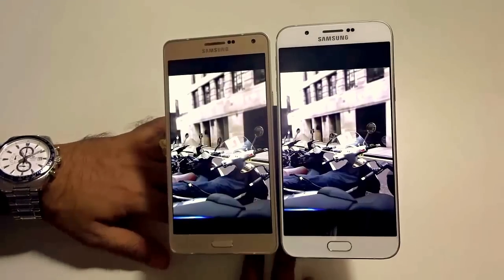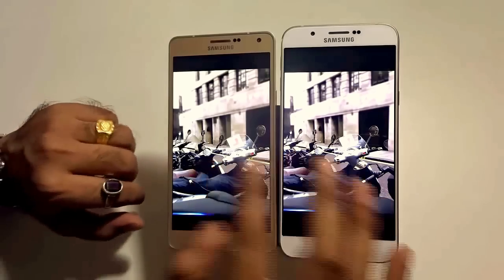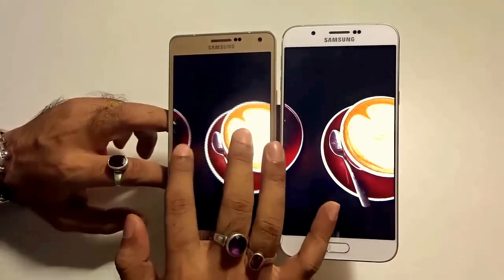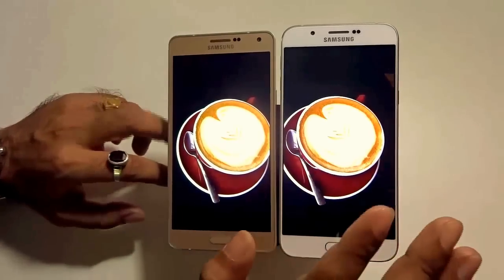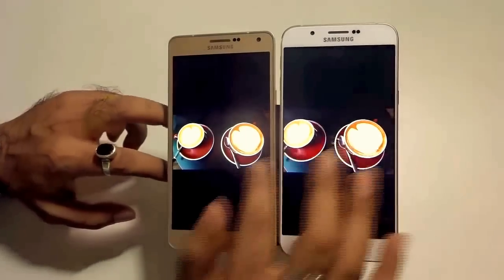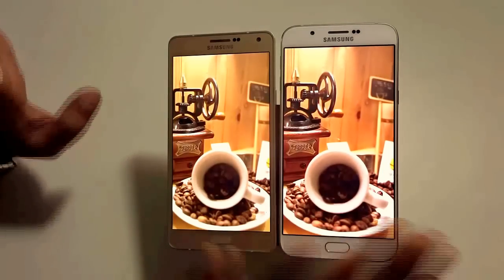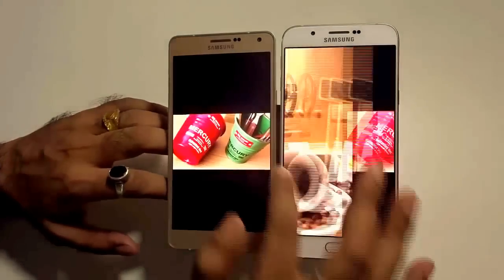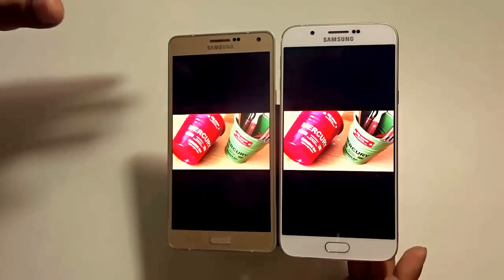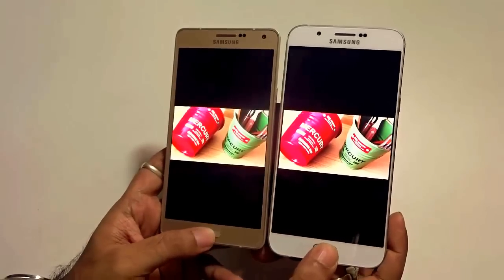Even shooting in broad daylight is not a disappointment for both the cameras. As you can see, just outside a coffee shop, I have shot using the A7 as well as the A8. The pictures came out bright, came out good. The details, the orientations, the brightness, the saturations, everything is good. I should say that there is a slight difference in the picture of A8, which has a bit more clarity than A7, but still the pictures of A7 are not that bad either. Both have done similar things for the pictures. So in a way, I should say that obviously the Galaxy A8 has an edge over A7 in terms of camera, but the difference is not that striking.